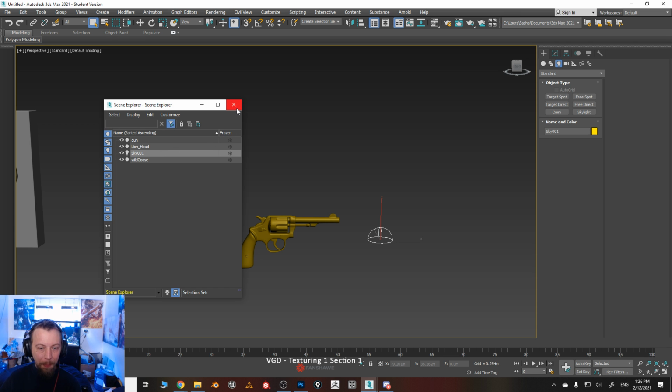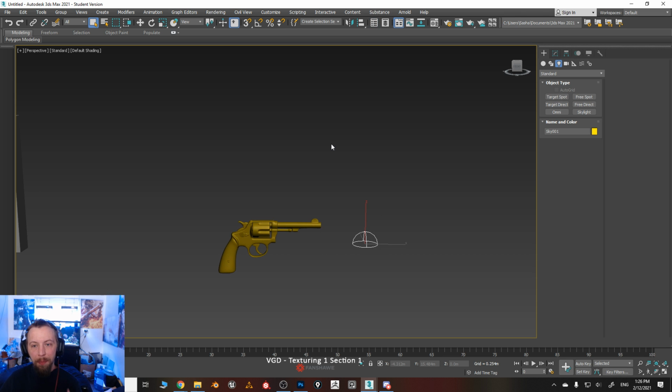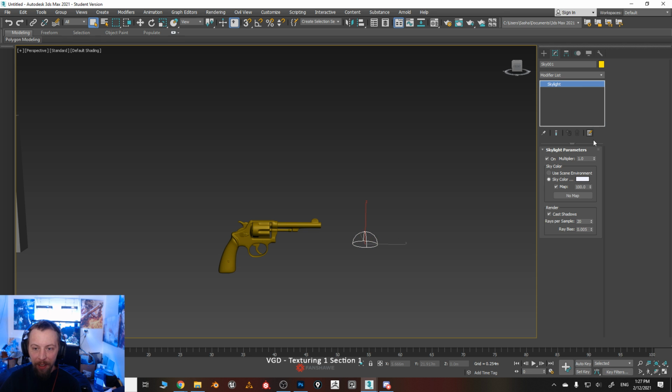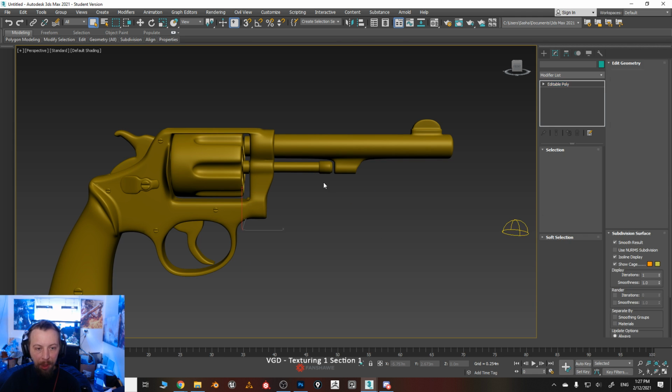So, make sure one skylight. Why is only one needed? Because it's an infinite sphere. You don't need two infinite spheres. All that's going to do is effectively set that multiplier to 200%, and then your AO is going to be completely washed out. So skylight, multiplier 1, cast shadows is turned on, select the object that you want to bake,